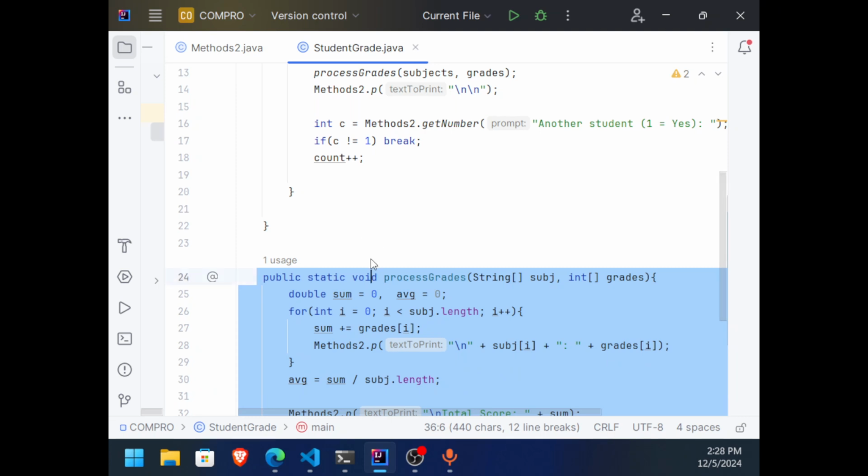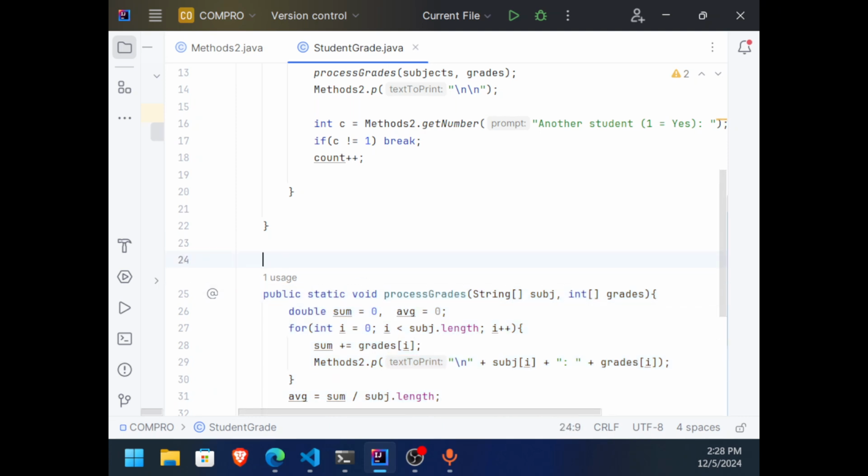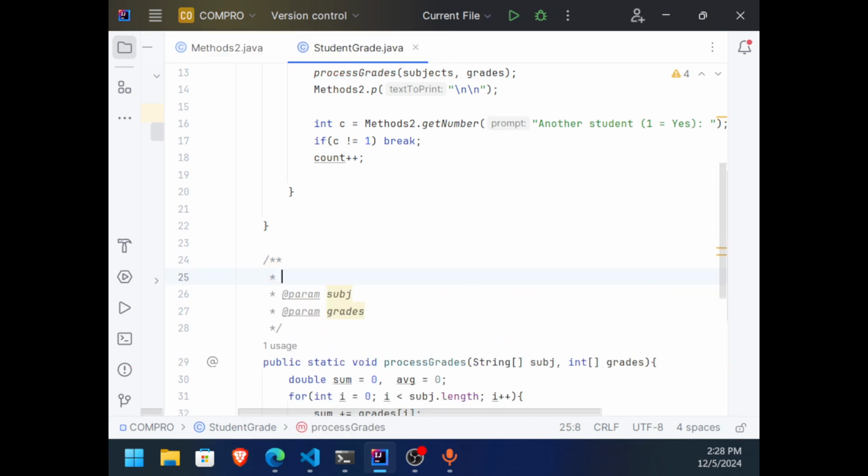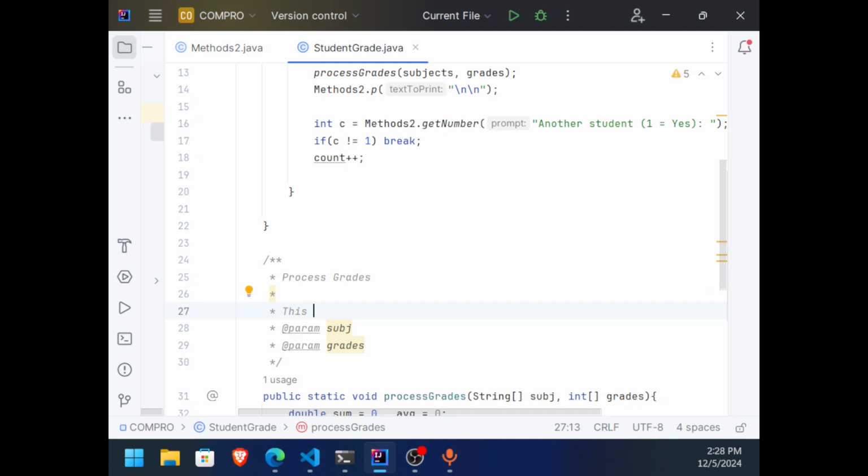Now, do not forget, again, to add Javadoc here. Okay, Javadoc begins with /** Okay, huwag isa lang. Kapag isa lang yung normal lang na multi-line comment yan. Pero pag ganyan, automatic pa nang bibigyan ng ganito. Process grades. This displays the grades of the student.